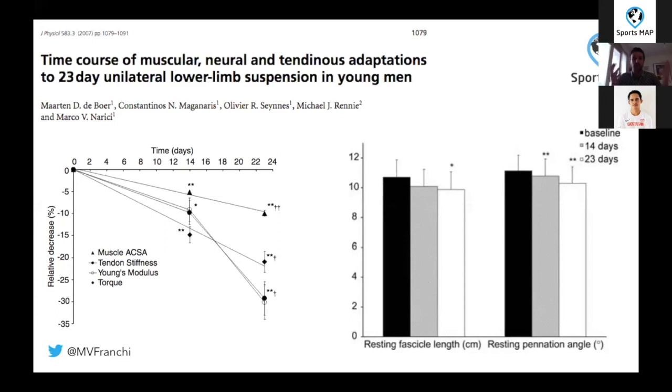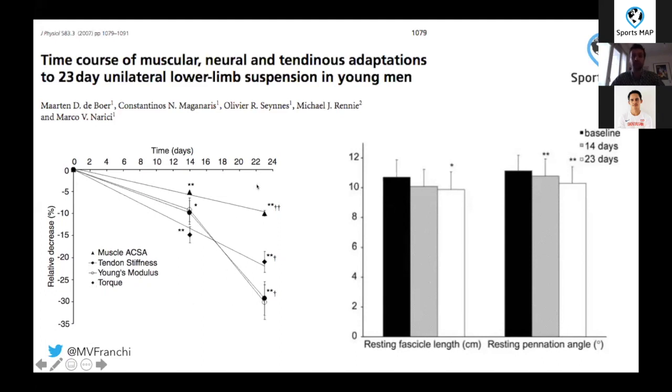Another way to look into plasticity is unloading. This was a very elegant study from 2007 on unilateral lower-limb suspension, specifically 23 days. You can see a decrease in CSA, tendon stiffness, Young's modulus of the tendon, and torque,